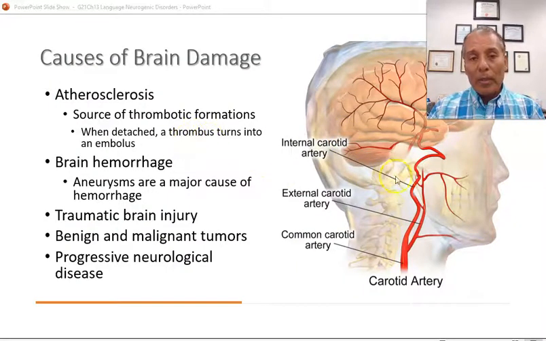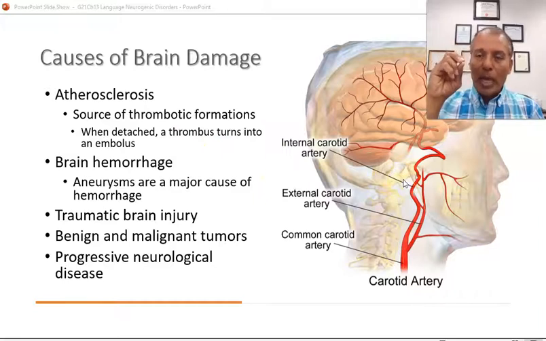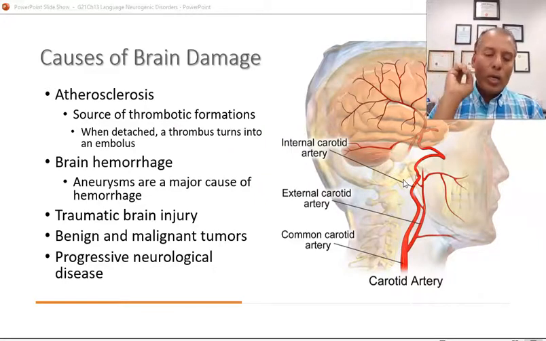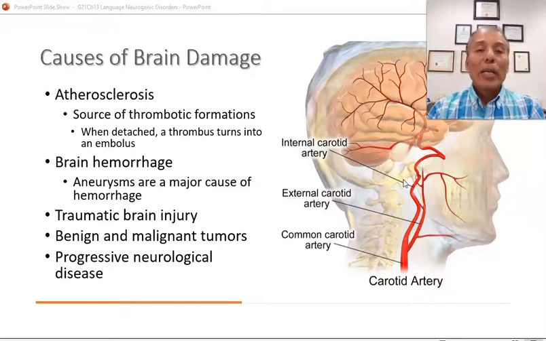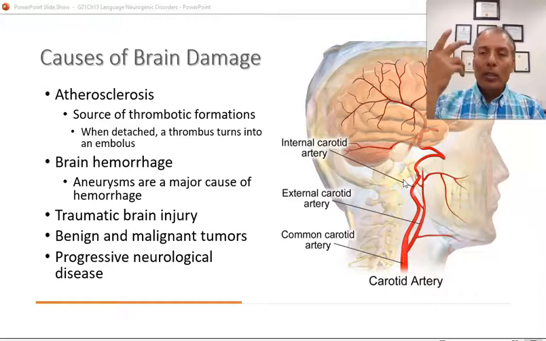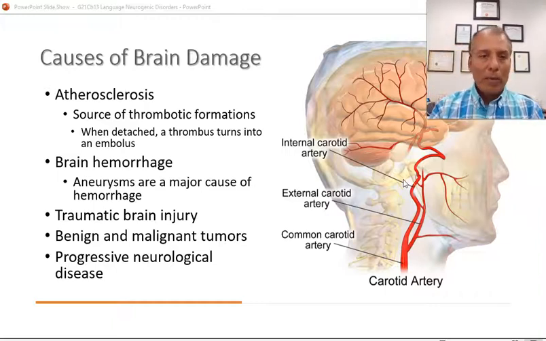Just again, remember that a thrombus is a piece of plaque that is still attached to the wall, and when it gets dislodged and torn off, it becomes an embolus. So you have the names, for example, thrombotic strokes are caused by an embolism that flows and clots and blocks the blood vessel. Also, there are some blood clots, maybe someone has a surgery on the foot or somewhere in the body, and there's a blood clot forming.